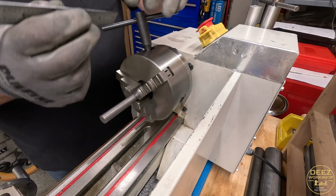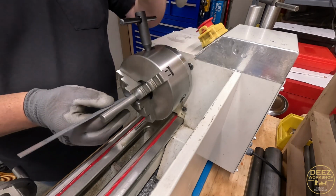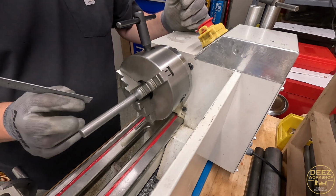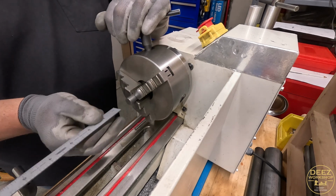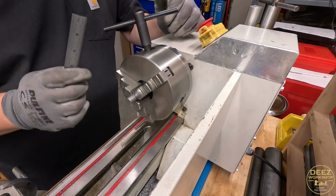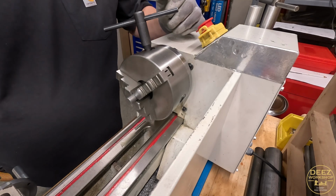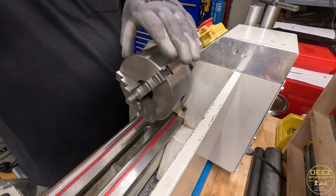Now, here's my idea. First, we're going to bring this out so I have plenty of room to complete all the operations, including the knurling, and then we'll part this thing off. But before we do that, let's slide this guy in here, and let's center drill this. Then we'll use our tailstock like we're supposed to, and we'll be able to stabilize this piece and come out with hopefully a good outcome. So that's the first thing here. Let's bring it in here so we can actually center drill that